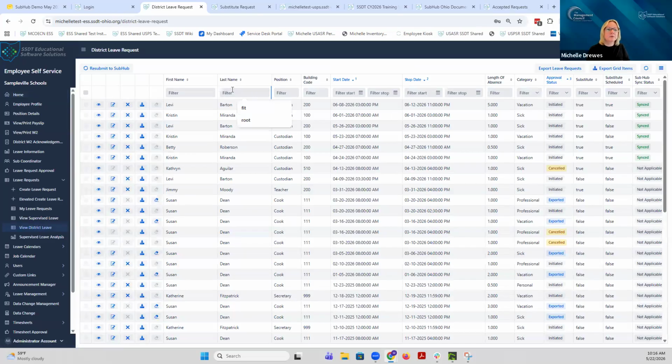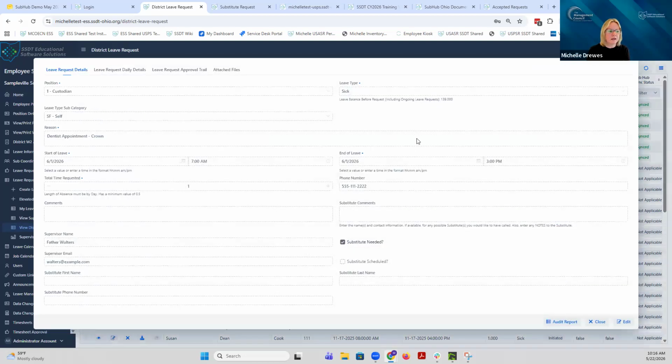I think one of them was Kristen Miranda, and I believe it was this one right here. If I go over to the far right side, underneath her request, you'll see that it shows it was synced. And then if I go in and actually view that,